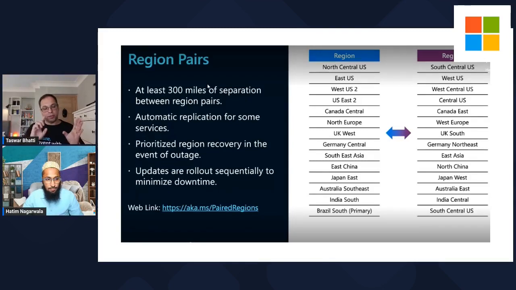Again, the region pair is more like a thing that customers don't really see. It's for your disaster recovery. You pick the region that you want to be in. Azure picks the pair for you, so that automatically, if an earthquake happens in East US, West US is not going to be affected. So it's automatically paired with it, so that we could deploy your application there. It's free of charge. It's just more like a backup recovery sort of thing.